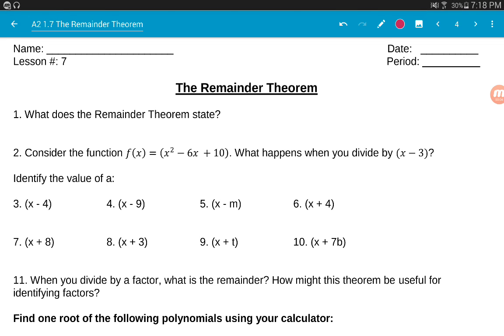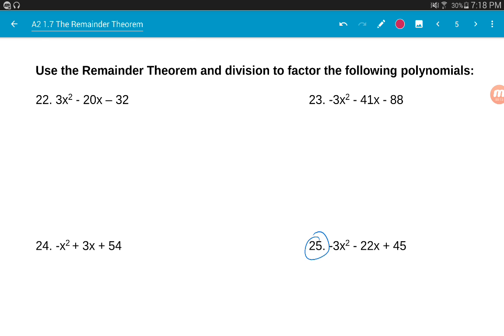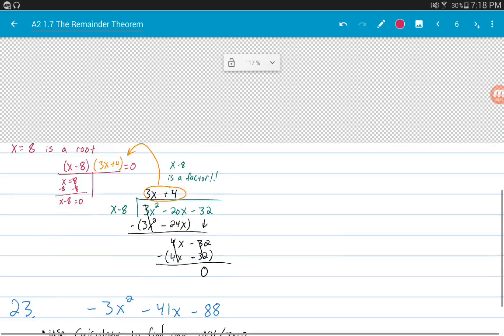Alright, here's a quick video on the remainder theorem. So our lesson on remainder theorem focuses around the idea of using the remainder theorem to find factors. So just in case you wanted any of these notes,